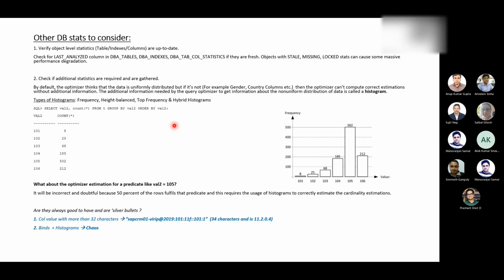This is a very important and broad topic, so I will not spend much time. I'll spend only the next 2 minutes explaining histogram types and all. So what are frequency histograms? These get created when the number of distinct values, the NDV, we already know what NDV is, right? We just covered it in the 10053 trace.